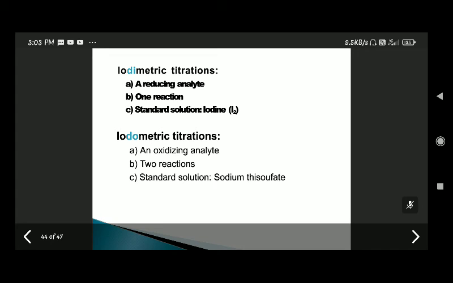Okay. Now, while you are using KMnO4 solution, you will be filling KMnO4 in the burette. And the reducing agent, that Mohr salt solution, you will be taking in the conical flask for titration with KMnO4 taken in the burette. Okay. So, you know that KMnO4 is not a primary standard, and KMnO4 solution is not taken in a burette with a rubber tubing because it will react with the rubber tube. So you have to be careful while doing KMnO4 titrations.